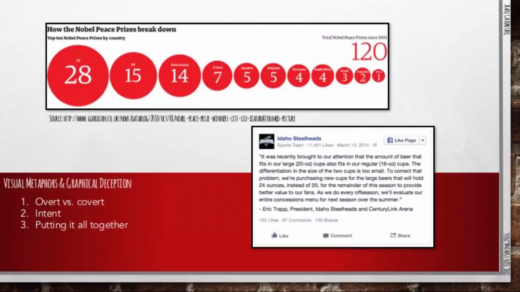If you'd like to look that up, you'll find all kinds of video news reports where they were doing some perception and pouring experiments to show if you filled the 16-ounce cup all the way to the top, you could pour that into the 20-ounce cup and it would fit perfectly, but you didn't have to pay as much if you only bought the 16-ounce, and that's what they were using to fill all the way to the top. Interesting stuff. Anyway, so you have to think about the intent of your design, and if you are trying to purposefully deceive or if you accidentally deceive.